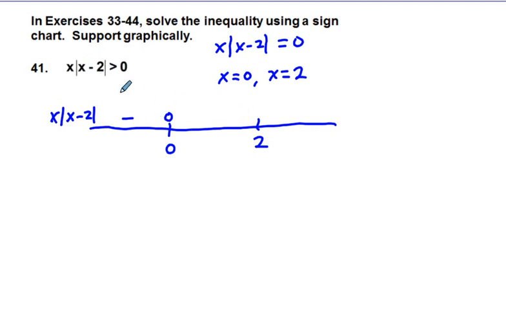Between 0 and 2, we would have a positive times a positive. At 2, we would have 0. And greater than 2, we would still have a positive times a positive. And so we're interested in where we are greater. So this line here becomes our summary. So we make our conclusion: x times quantity absolute value of x minus 2 is greater than 0